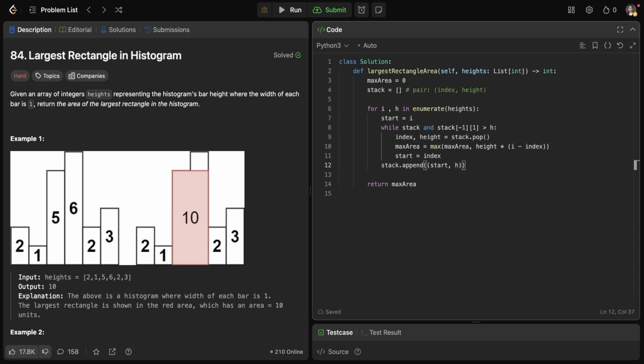But don't forget, when you have gone through the entire stack, popped any such values which were on top of stack, which were of higher height than the height now being added, after that you have gone through the entire stack and there are still certain values remaining in the stack. So for those pairs, you also have to compute the area and update the max area accordingly. So for i, h in stack, max area would be max of current max area value, whatever the current max area is, and then whatever stack has the height, that height multiplied by what would be the width of the rectangle,